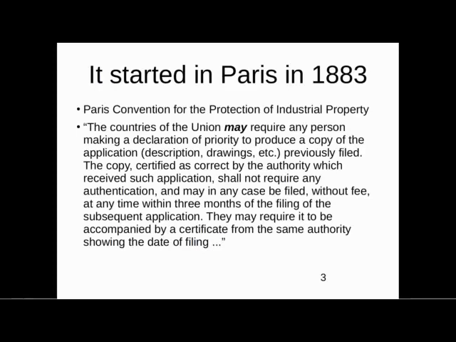There are a bunch of other things the Paris Convention does. The Paris Convention requires that if there are annuities or maintenance fees, there be a grace period of no less than 6 months to hand in your money late if you missed your time period for your annuity or maintenance fee. Well, the main thing here that brings us together for this webinar is this particular provision, which is in Article 4 of the Paris Convention, namely, if any country belongs to this treaty, they are obligated to make possible